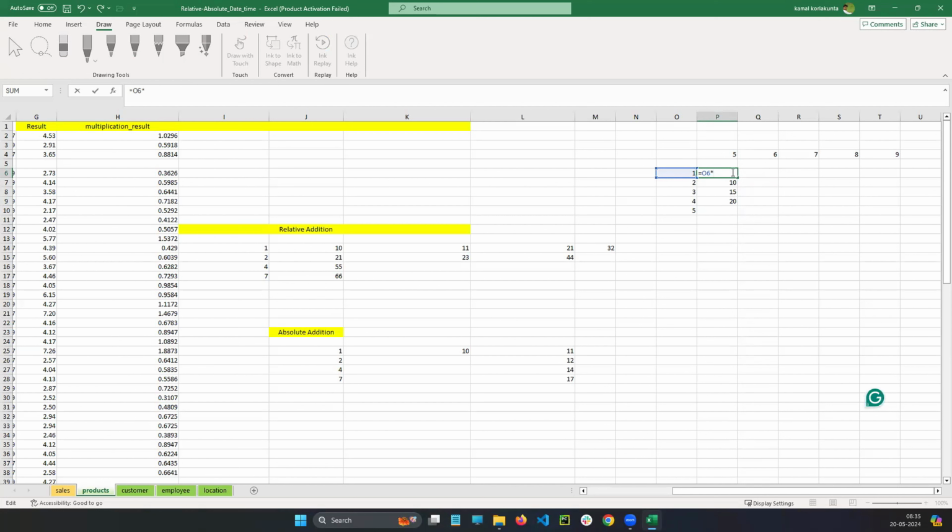So I'm just going to put P dollar. P should be changed, but the value should not change. So dollar. Just a second, guys. First part is coming. Second part,